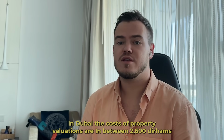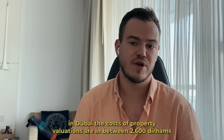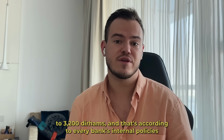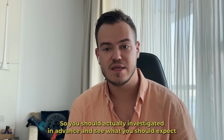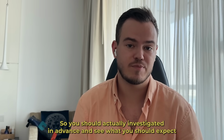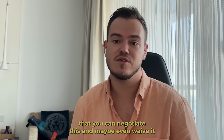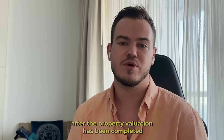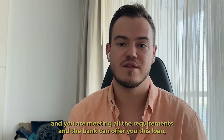In Dubai, the costs of property valuations are between 2,600 dirhams and 3,200 dirhams, and that's according to every bank's internal policies. So you should actually investigate it in advance and see what you should expect from every single bank. And again, there are a couple of other ways that you can negotiate this and maybe even waive it. After the property valuation has been completed and you are meeting all the requirements and the bank can offer you this loan,